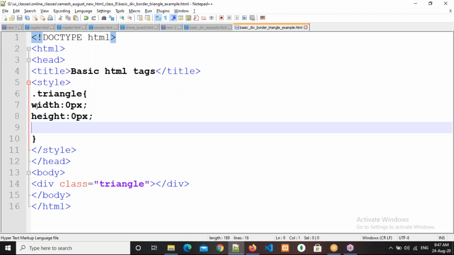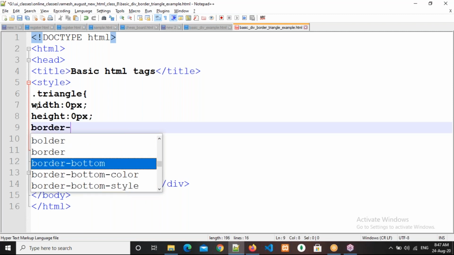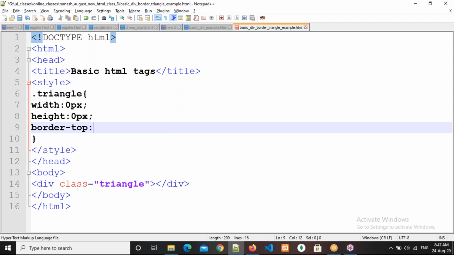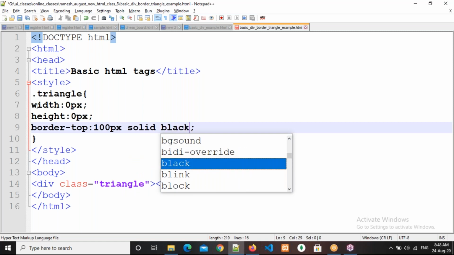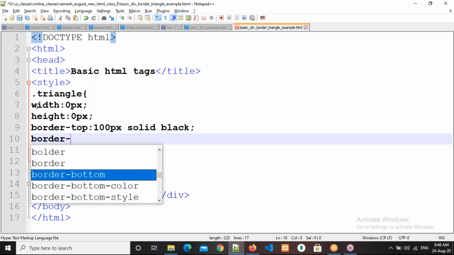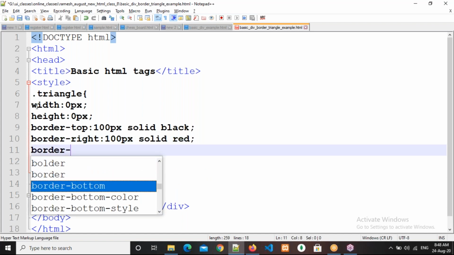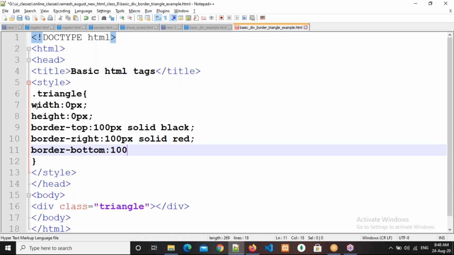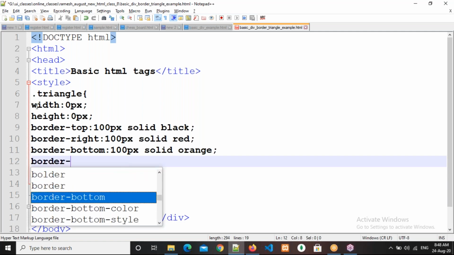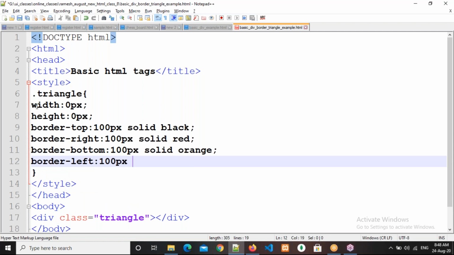Now I'm writing border top 100px solid black, border right red, bottom 100px solid orange, left 100px solid green.